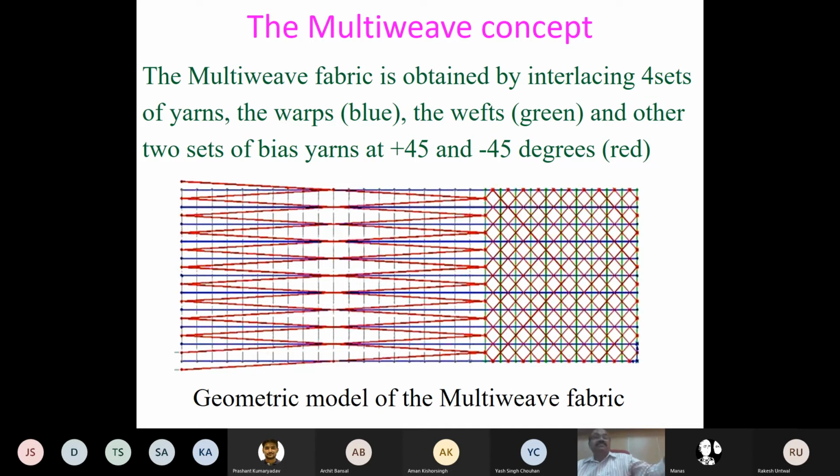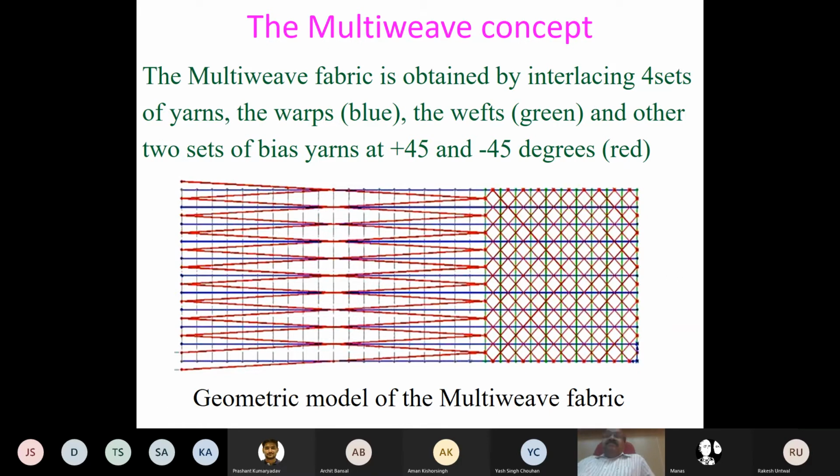So look at the system. This is a multi-axial fabric with 3 warp, 1 weft. Just for the sake of convenience, I have written in this direction. Otherwise, this horizontal is warp, vertical is weft. As you can see here, there are 3 warp. The 2 reds are 2 different warps, and blue is another warp, the third warp. The green is weft.